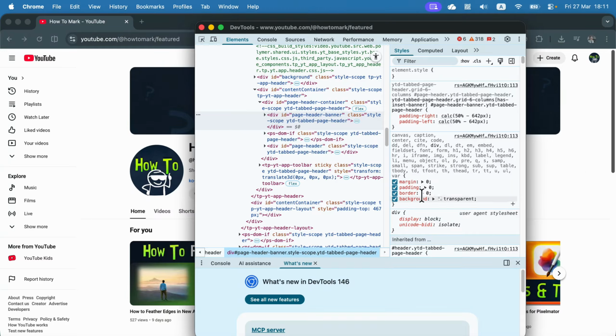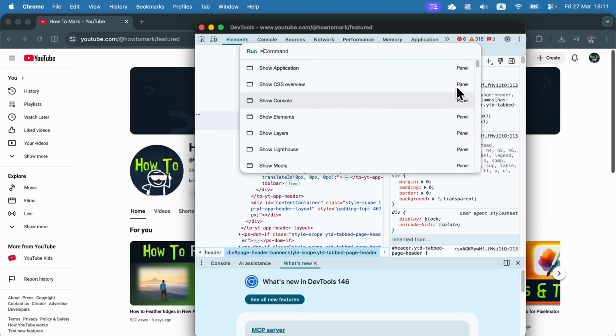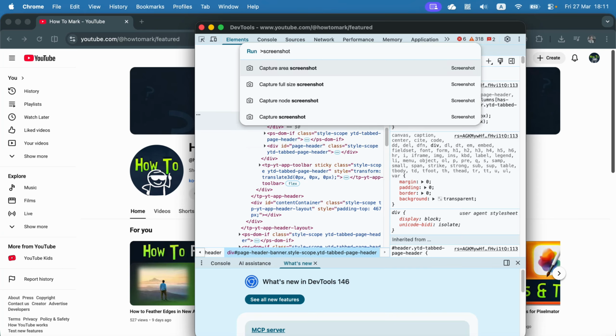All right, everything looks so scary, but we just need to run one simple command. So click those three little dots, run command, and now type in screenshots. As you can see, there are 4 different commands, and we want the second one, capture full-size screenshot. Select that,